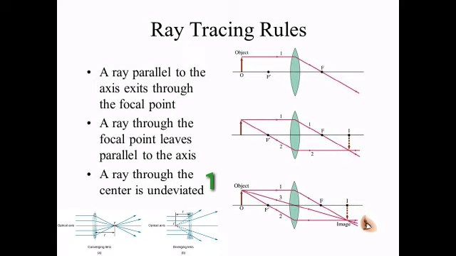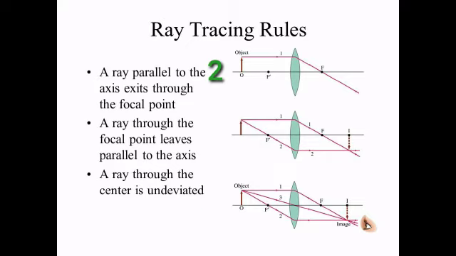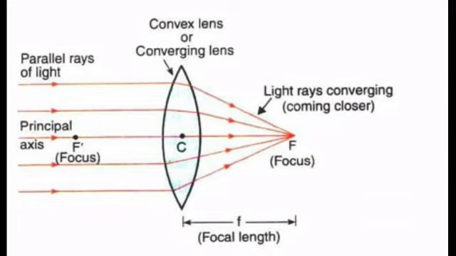Rule 2. When rays parallel to the principal axis strike a convex lens, the refracted rays are converged, or appear to diverge from a concave lens, but it is converged at the principal focus in a convex lens. Rule 3. When a ray of light passing through a convex lens is directed towards the principal focus, it strikes the convex lens and the refracted ray will be parallel to the principal axis. Now let us discuss the formation of images by a convex lens when the object is placed at various positions.